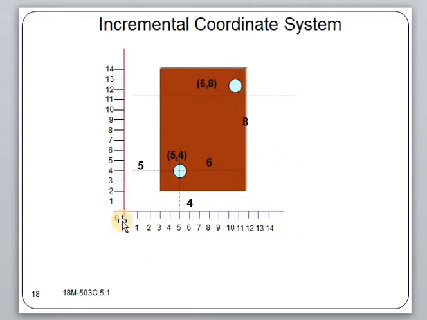Incremental coordinate system. Incremental positioning: in this, the next target position for the tool is given relative to the current tool position. In many cases, this is easier for the programmer. The task of calculating absolute tool position is left to the controller, which continues to keep track of the actual tool location at any instant.